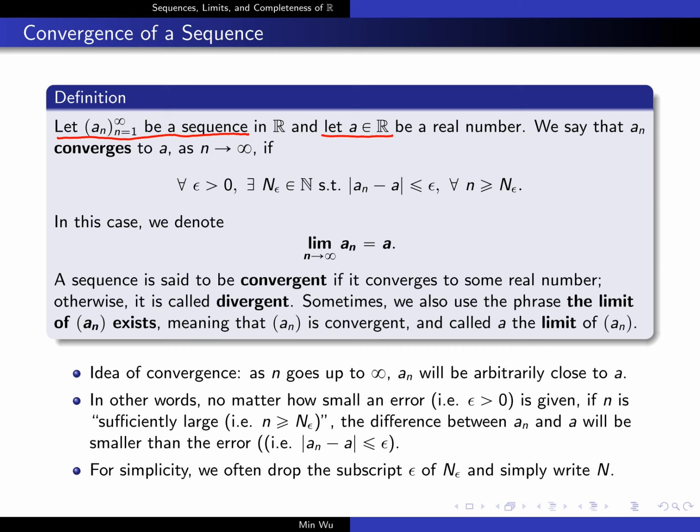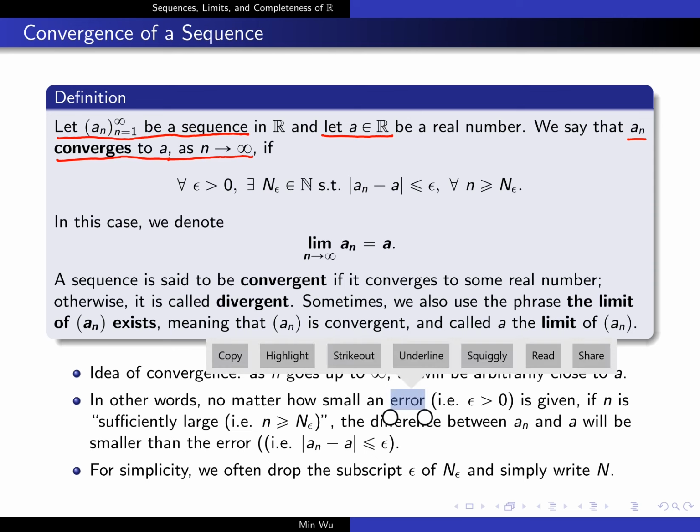So a in R is a real number. And we say that this sequence a_n converges to a. This is the term that we want to define, the concept of convergence. We say that a sequence a_n converges to a as n goes to infinity if the following